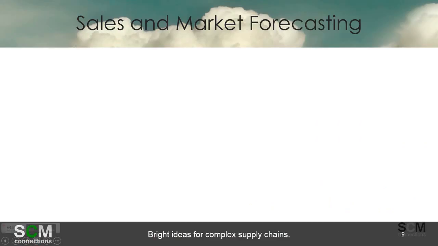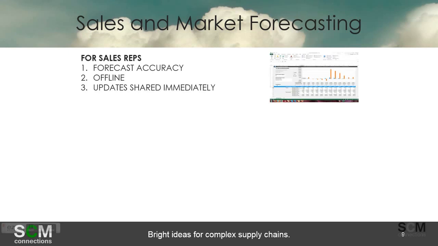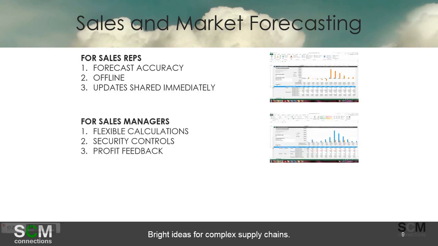To summarize what we saw in this sales and marketing forecast section: for a sales rep, you saw that the forecast accuracy key figure was right there on the report, there was true offline functionality, and the updates were shared immediately. It's not going to start rescheduling resources, but the sales rep's change in demand will be communicated more broadly and more instantaneously. For the sales managers, you saw the flexible calculations and the security controls around specific or sensitive key figures,